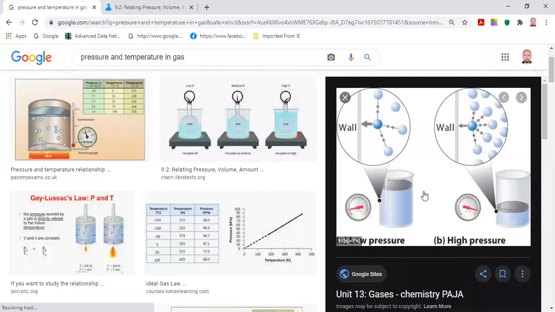Yeah, so it's like that one. You see here we have low pressure. That means in the container, the volume is more. That time the pressure is low. If you are decreasing the volume, that time